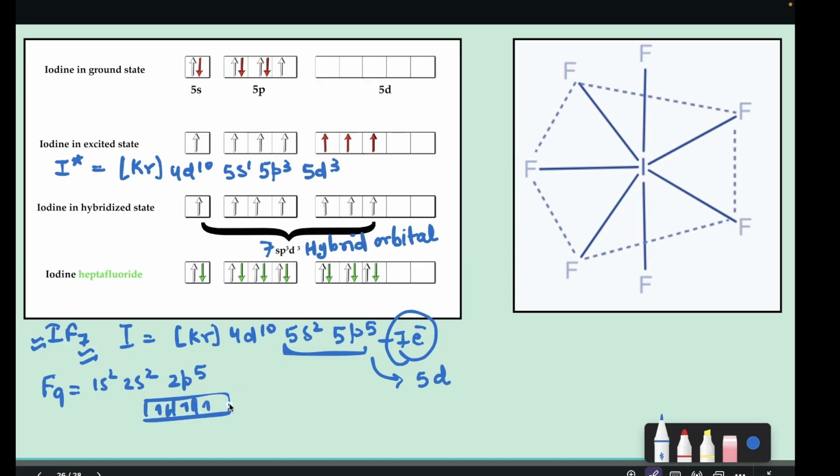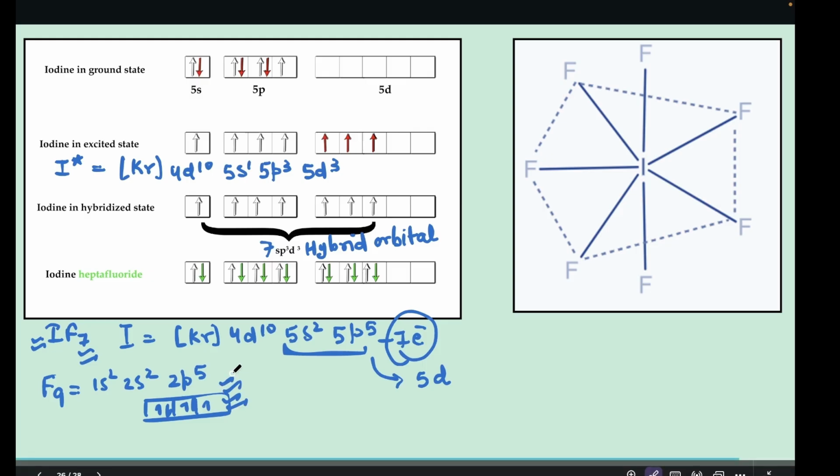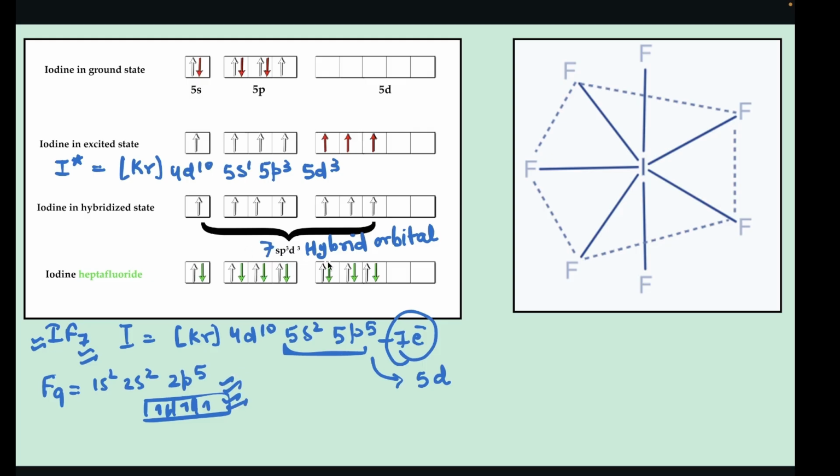So here you can see there is only 1 electron which is available for bonding with iodine atom. So this p orbital overlaps 7 sp³d³ hybrid orbitals of iodine and forms the molecule iodine heptafluoride,